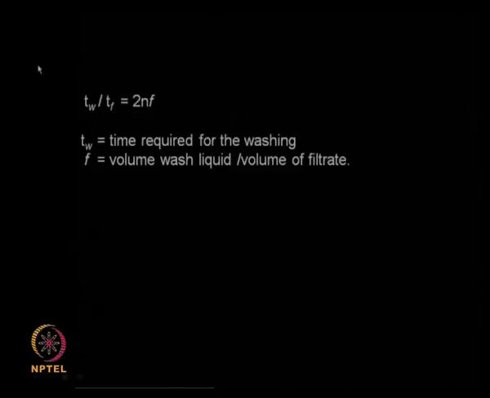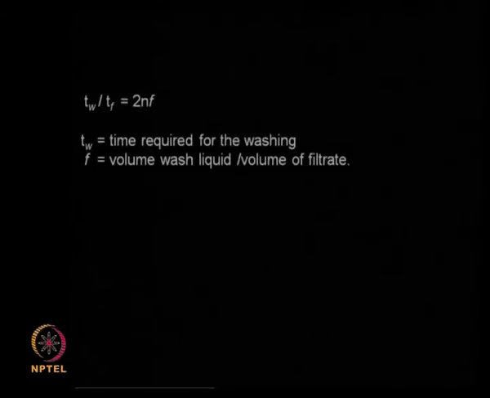Again, this is an empirical relationship. So if I know the right hand side, I can calculate the left hand side, TW, or if I know TW, if I know N, I can calculate the F. So you see these two equations: one is r equal to 1 minus epsilon raised to the power n, and TW divided by TF is equal to 2NF. Both are empirical relationships and they relate several properties of the cake,